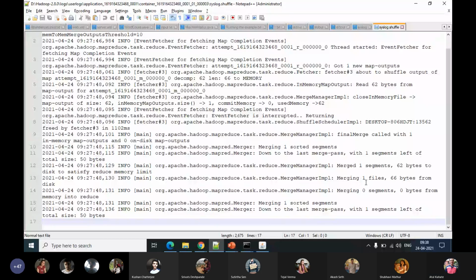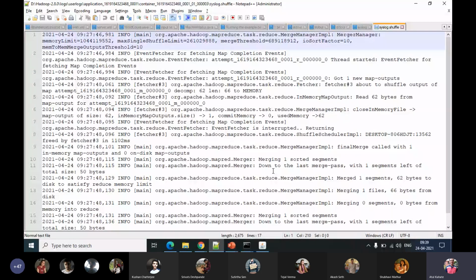So it's saying, for example, merged one segment, 62 bytes to disk to satisfy the reduced memory limit. So all that churning is happening internally, but the programmer is sort of hidden from all these complexities, and all that the programmer sees is the final result.